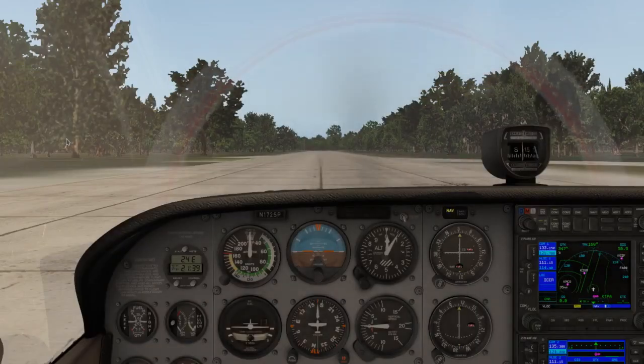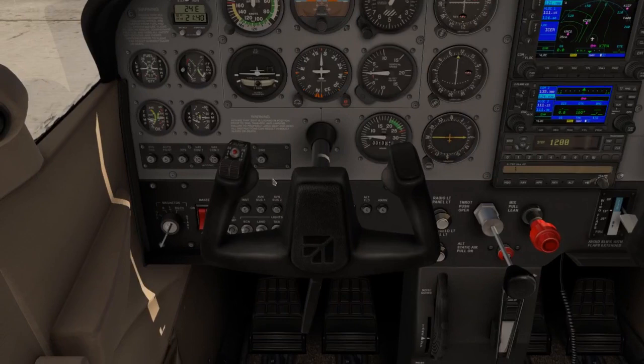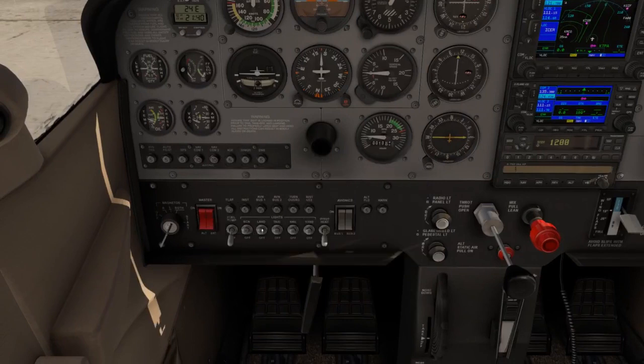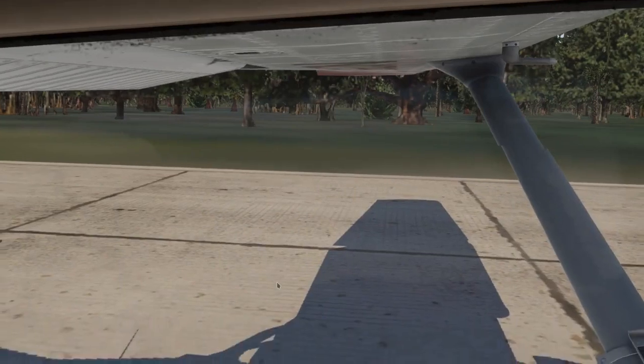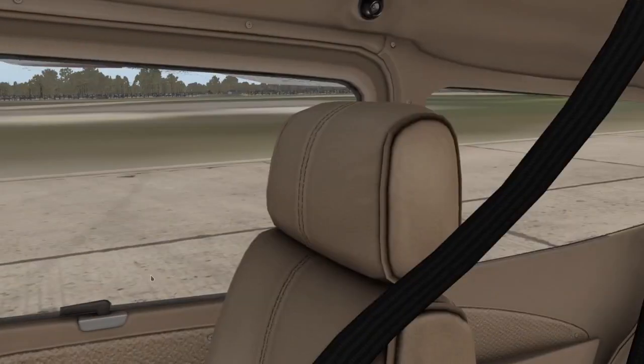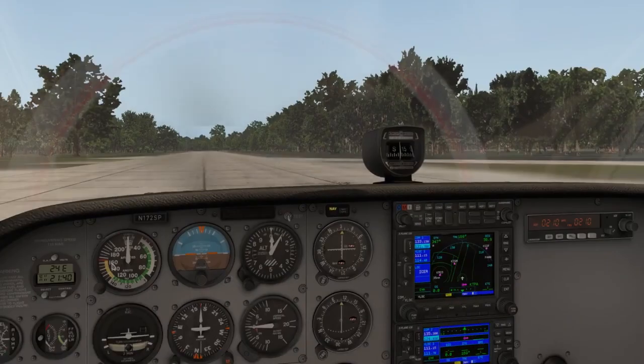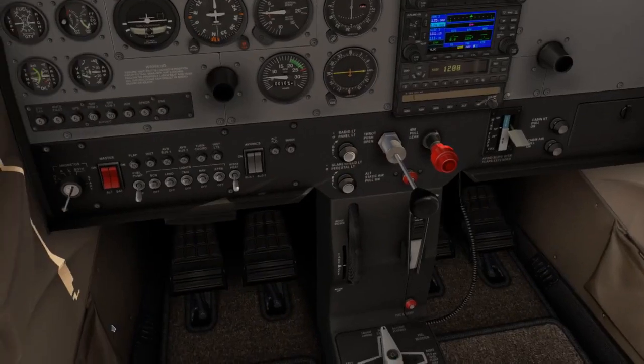Alright, let's go inside. Let's lower the flaps. Got the mixture up. Anything else we need to do other than we're going to turn off the yoke here. We got basically all the lights on, sure, why not? And our trim is set correctly. Outside. We're looking good. I'm going to hold down the brakes